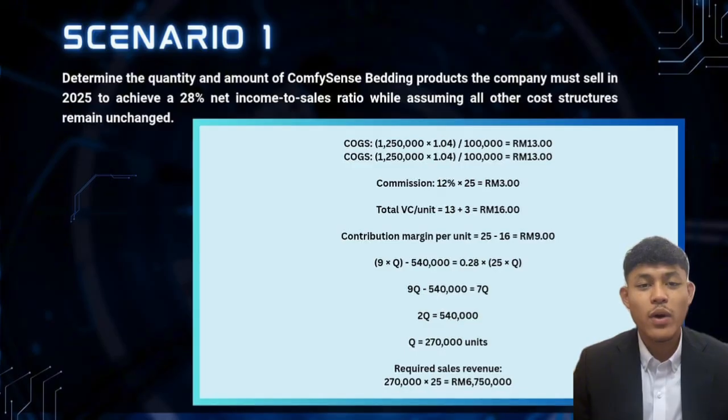We move to scenario 1. To achieve a 28% net income to sales ratio in 2025, Confucius Building must sell 270,000 units, generating 6.75 million ringgit in revenue. It is calculated by setting the contribution margin at 9 ringgit per unit, a fixed cost of 540,000 ringgit, and the sales target profit at 28% of sales. The solution shows that at 270,000 units, the company covers all costs and meets its 28% profit goal, a clear target for strategic planning and